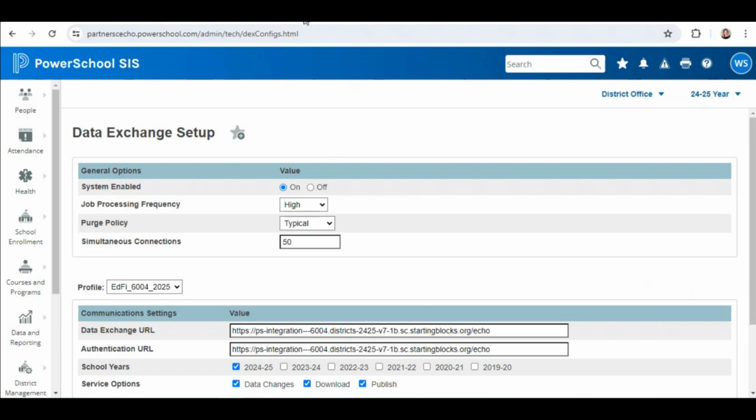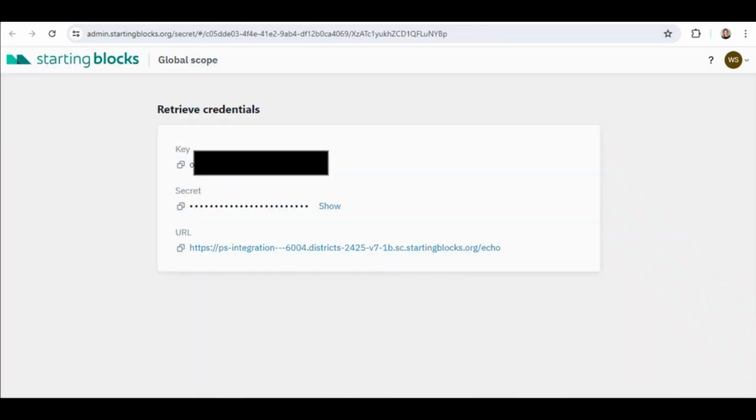I won't do that here in this video, but just note that you can either copy these and save them to a secure location, or you can go ahead and plug them in. Either way, just make sure that you don't skip the steps of deactivating the Ed-Fi profile from the previous year, creating the profile for the current year before you go in and you start trying to plug these in and configure things. All right, that's all. This is how you can retrieve your credentials.